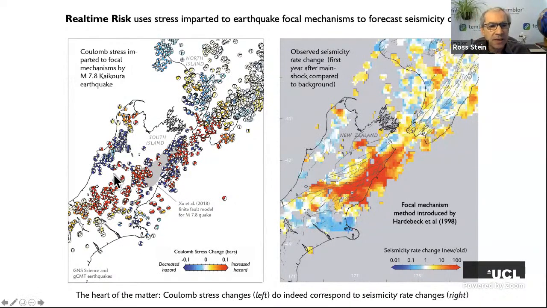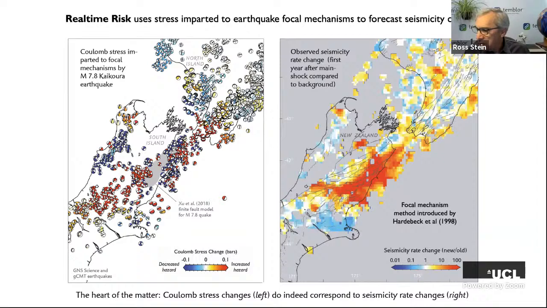But what we're interested in seeing is this broad pattern out several fault lengths away. So when we get down here, out here, we're really getting to be very, very small stresses, about 0.01 bar. So you can see now how they're colored, and you can also see the great range in focal mechanisms. These things are not simple and parallel to each other. So we're never going to get it right with mapped faults. That's the problem.